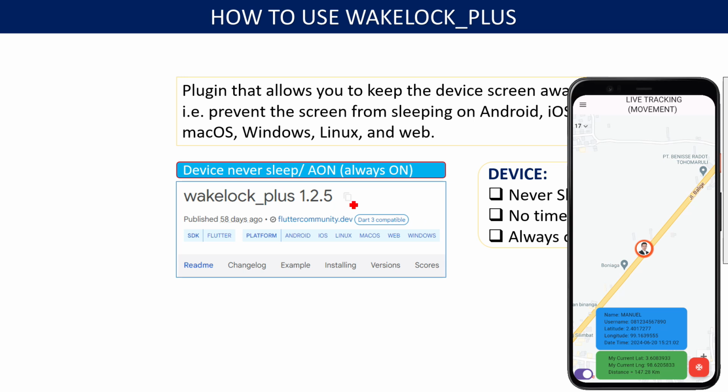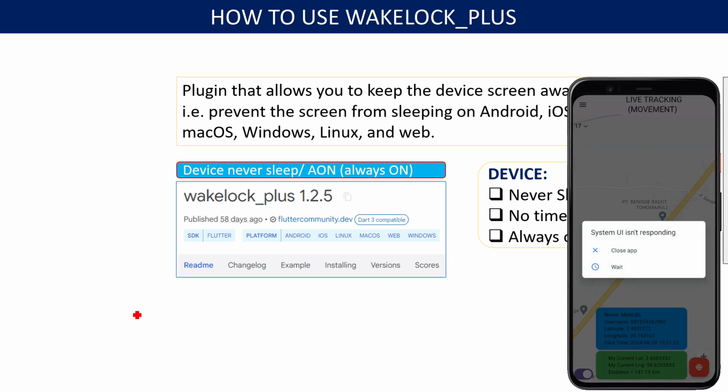We can choose a version compatible with our laptop setting, our SDK version, Android version and so on. We can check which one we can use for this development.